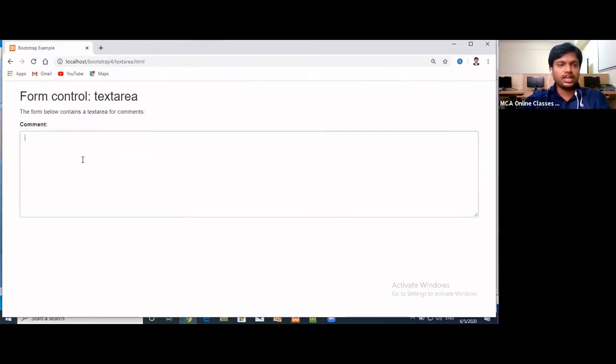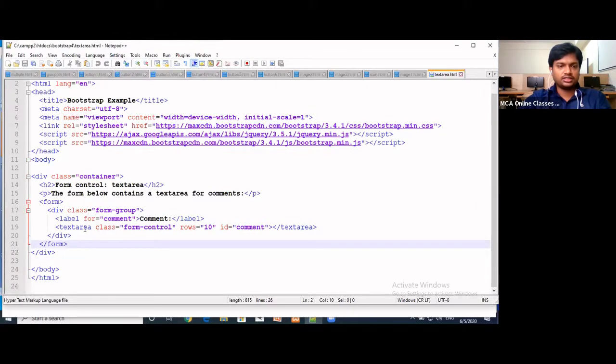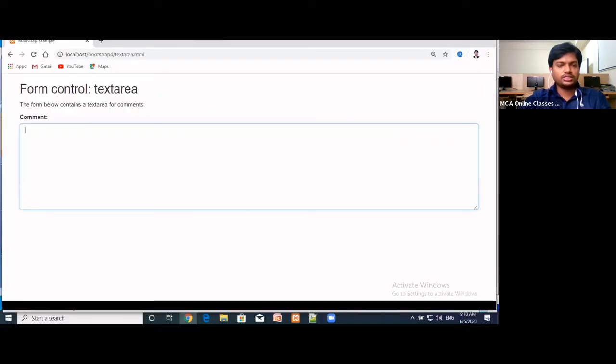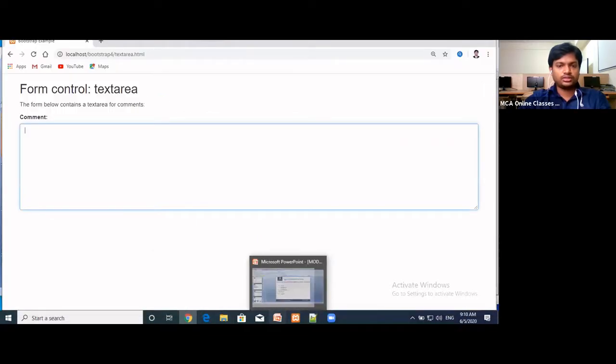Whenever I click inside the comment section, the border color automatically appears for this text box. All these CSS effects are added in the predefined classes. We just have to use this text area and add the class form-control. So this is about the text box.